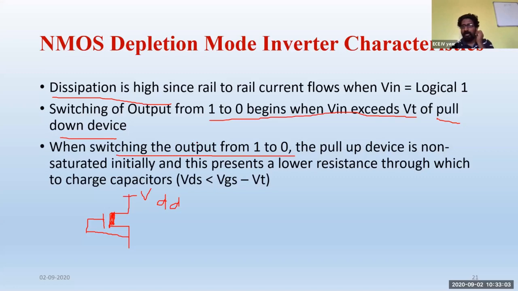If the transistor is on, we know that the resistance will be very less. It will be having lower resistances. If the transistor is off, the resistance will be very high, that is equal to 10 to the power of 12 kilo ohms, which is almost infinite resistance. Whenever your transistor is turned off, it is equivalent to an open circuit, and if a transistor is turned on, the resistance is going to be very less.